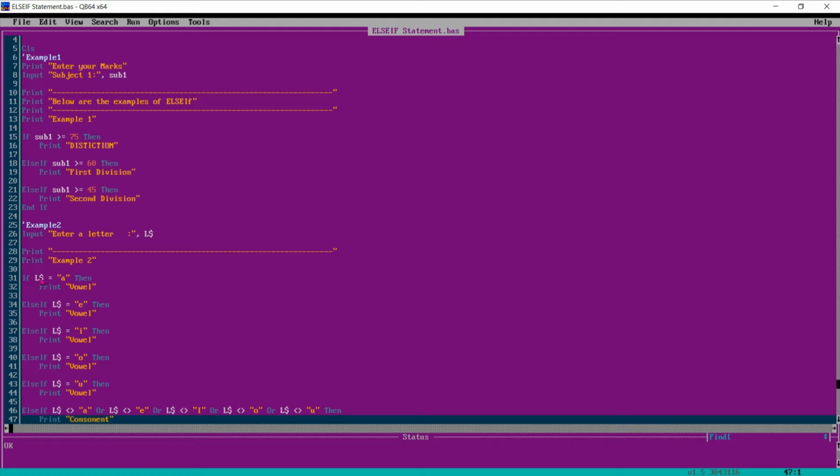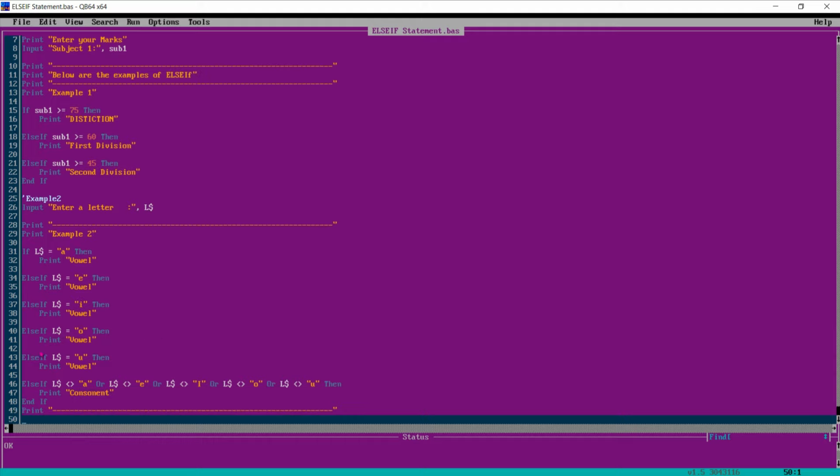Means if the string variable is equal to A, then print vowel. Similarly, else if this is equal to E, else if equal to I, else if equal to O or U, right?